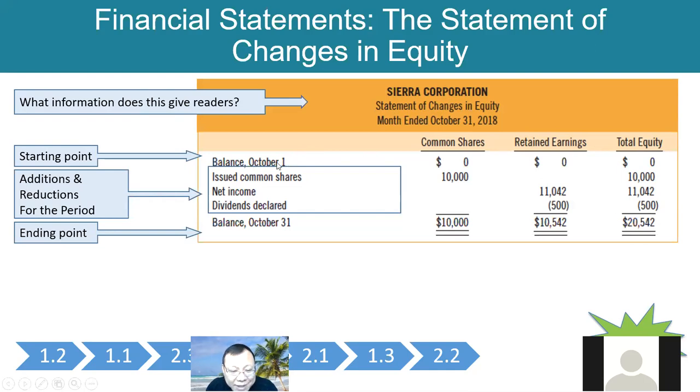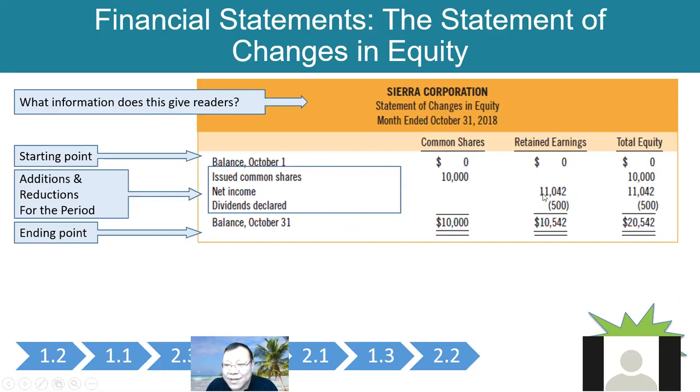And this is a new company as of October 1st. So all these balances are 0, right? You start with 0. And then the owner will put in $10,000. That's the share capital. That's the owner's money. He put this money in out of his pocket. And then during that month, the company makes how much money? Net income. That belongs to retained earnings,